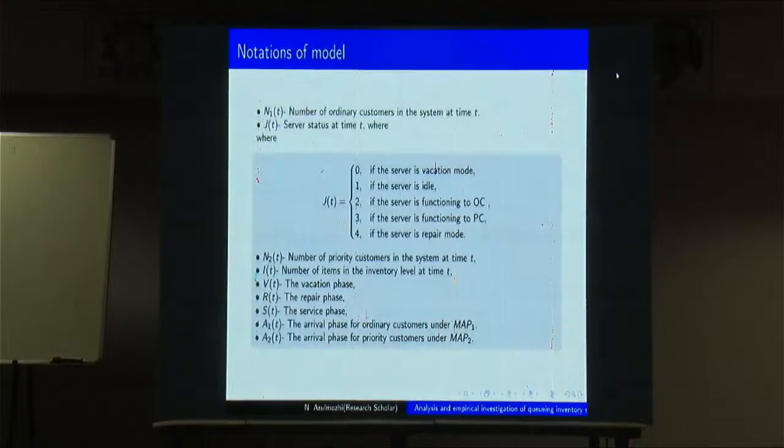Next one. This is the notation of my model. N1(t) is the number of customers in the system, J(t) is the server status, where J(t) equal to 0 means the server is in vacation mode, 1 means the server is idle, 2 means the server is busy with an ordinary customer, 3 means the server is busy with a priority customer, 4